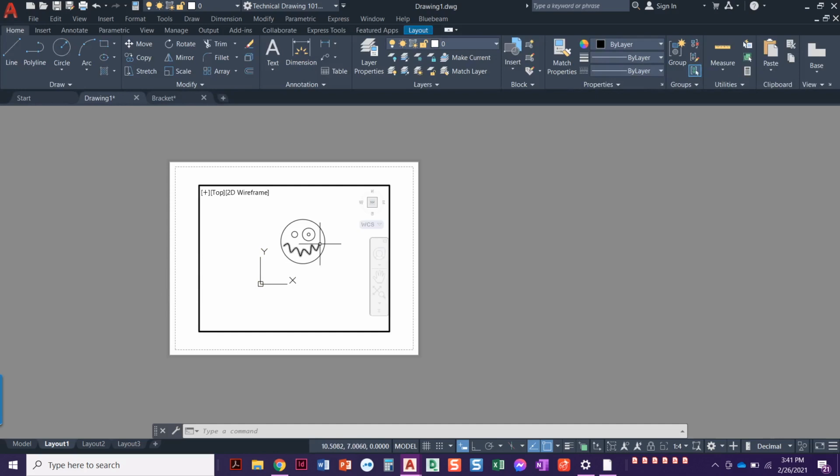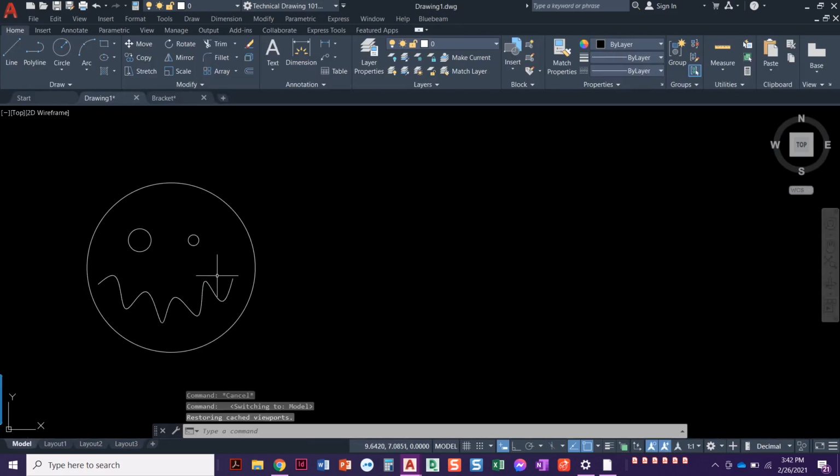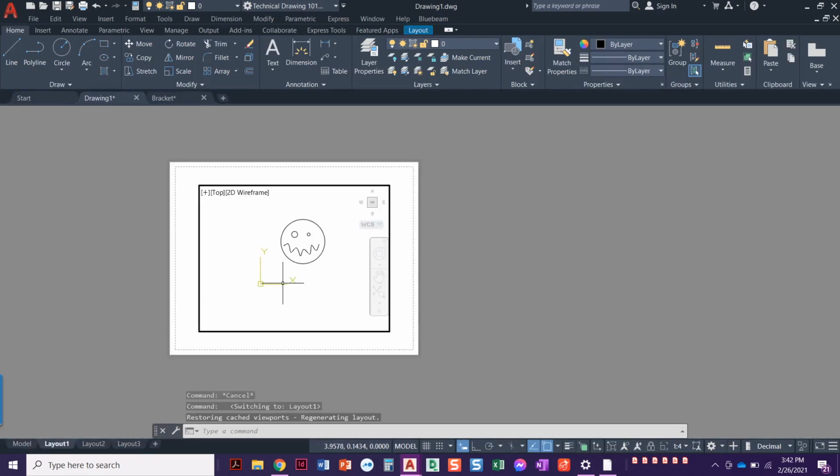All right, so what I want to show you here is, look, I can select something, delete it. I can actually select things. It is exactly like being in the model tab. And it does get confusing. They're both called model because they're really the same place. They're virtually the same place. But I've got my model tab. Inside the layout, I have model space. You'll also hear it called M space. M space for model space, P space for paper space, because that's what you can type to get in between the two. So yeah, I can actually select everything in my drawing exactly as I could when I was in